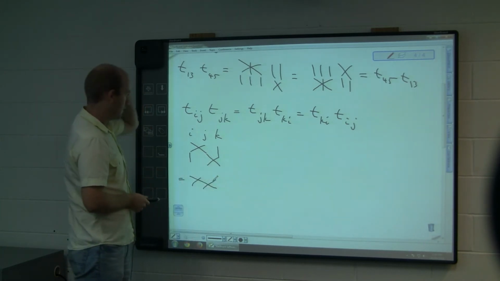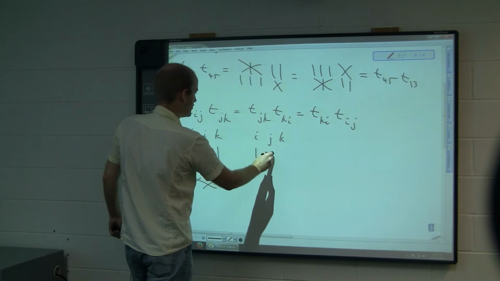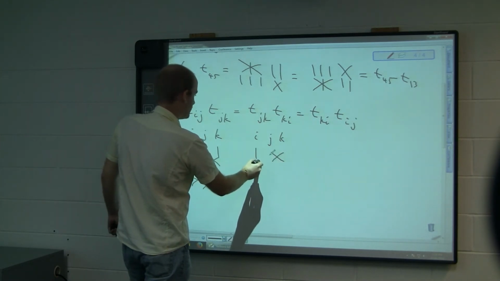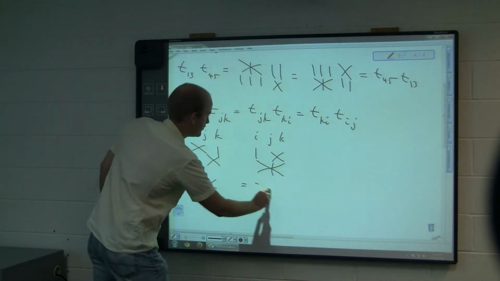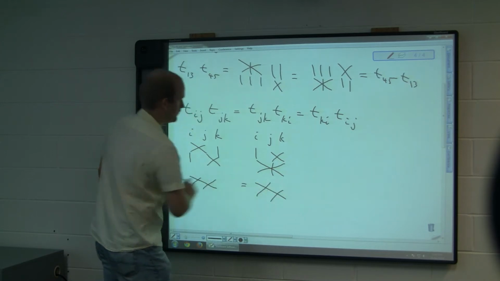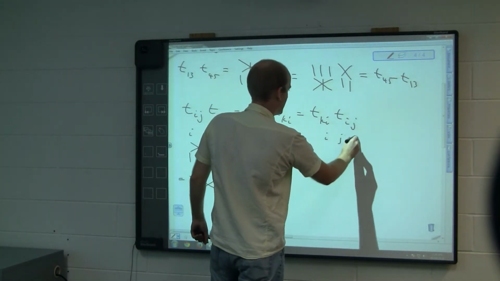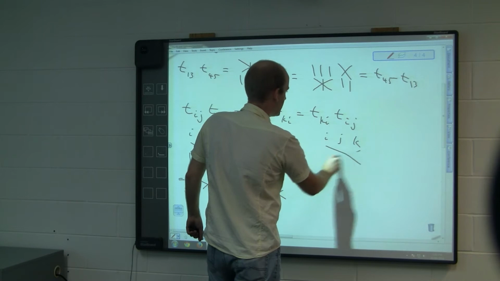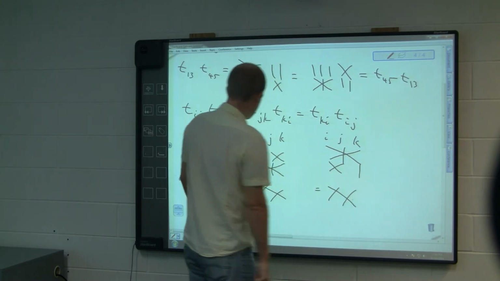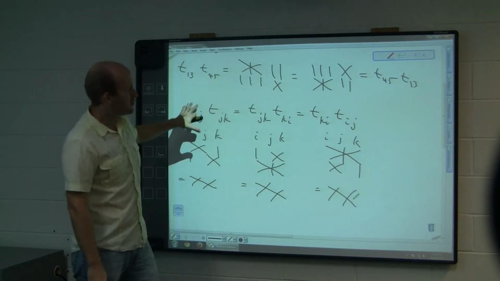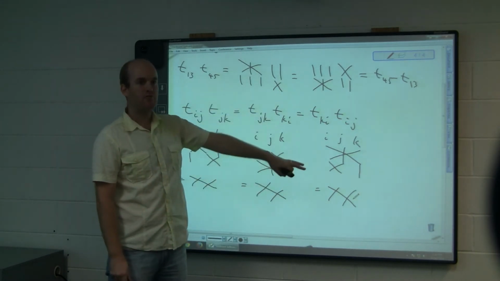That's a 3 cycle. Okay, what if we do it according to the second product? First of all, J and K switch, and then K and I switch. Like that. So that gives us the permutation like that, which thankfully is the same as the first one. And Ki and J. So ultimately, these 3 expressions give us 3 different ways to write this 3 cycle as a product of 2